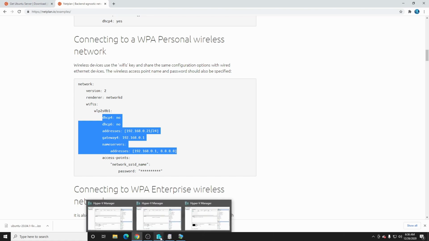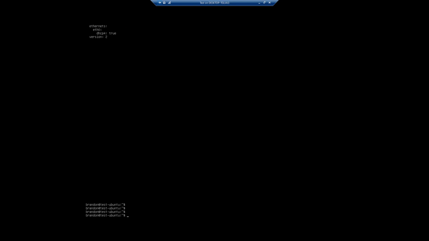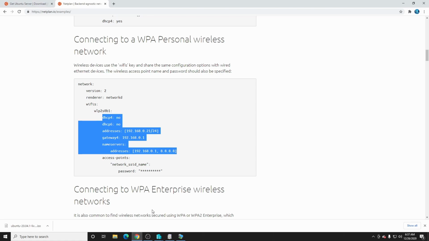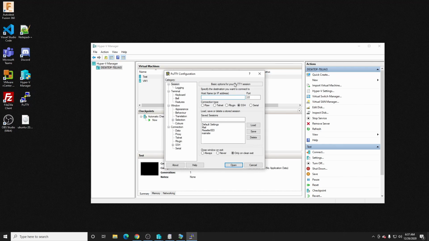So I'm going to go back to the Hyper-V instance that we had for our server. And actually, I'm going to hit Control X to close out of this. And we're going to actually edit this inside Putty, which is what I was talking about earlier about that SSH access. We have this program that we can use. If you don't have it, I can link a download or put a download link in the description. So I'll do that. So this way you can download this tool, and we're just going to open this tool up,